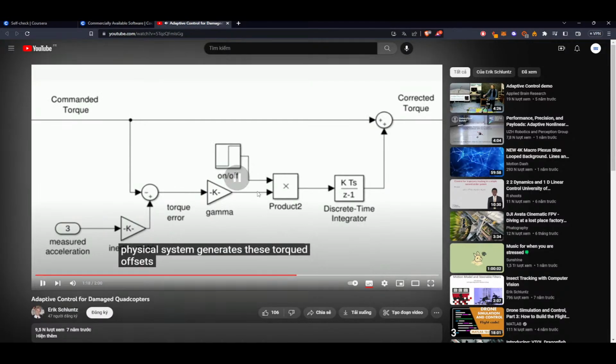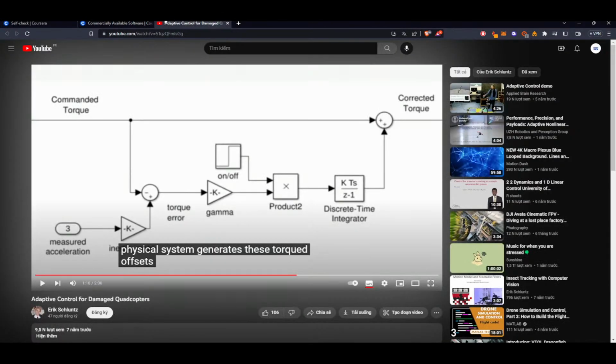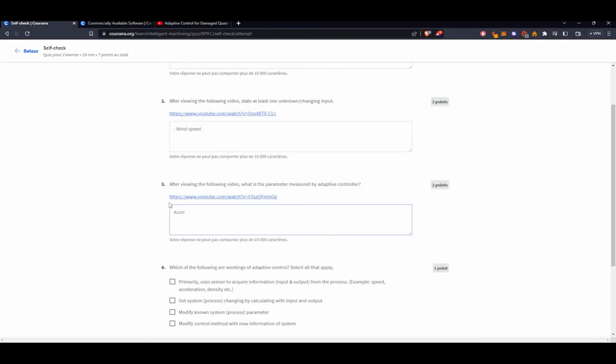It's these torque offsets. Store, measure, acceleration. server